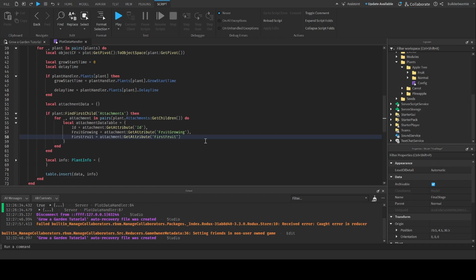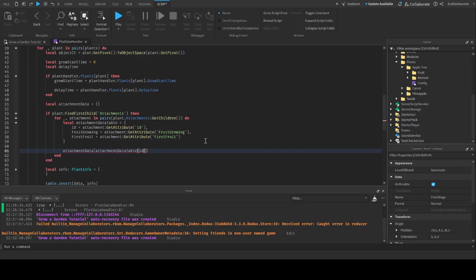Now I'm going to say attachmentData, then attachment, go and get,